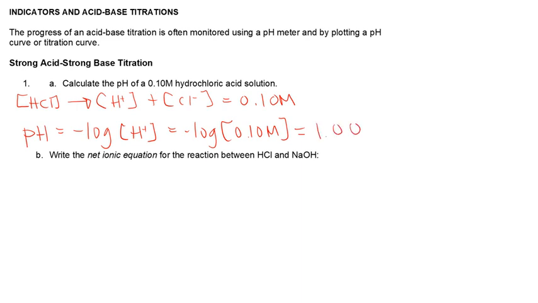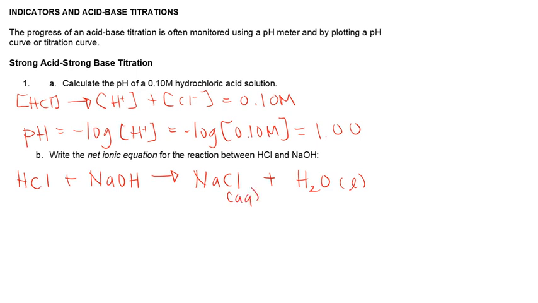and we get that the pH is equal to 1. If we write out the net ionic equation between HCl plus NaOH, if we do the formula first, we get NaCl plus water, liquid, aqueous, aqueous, aqueous. So if we do the complete ionic first,